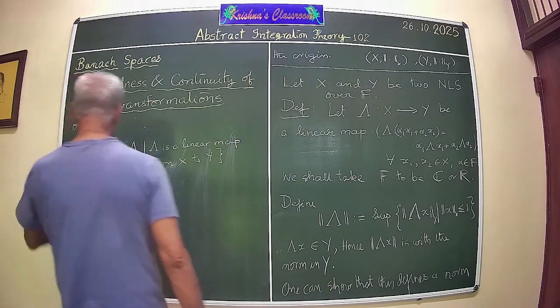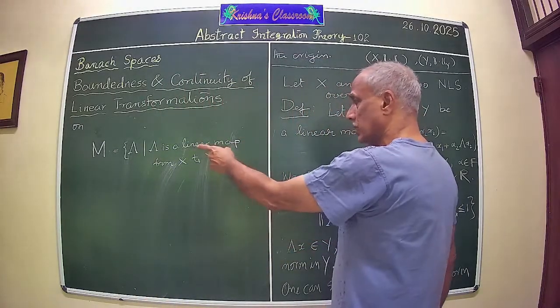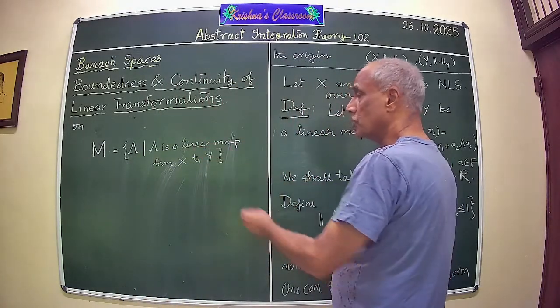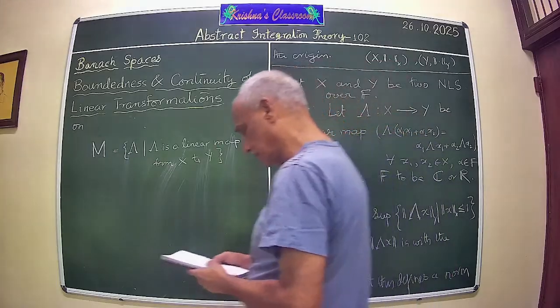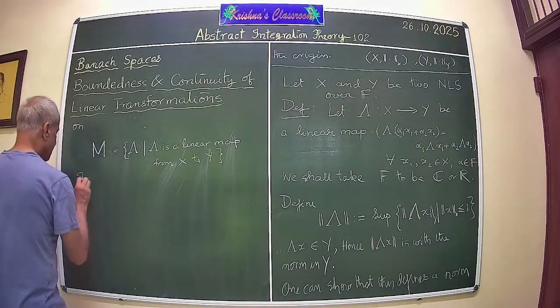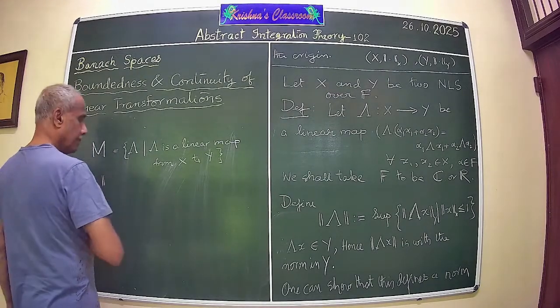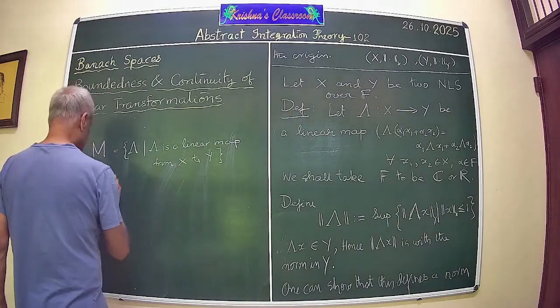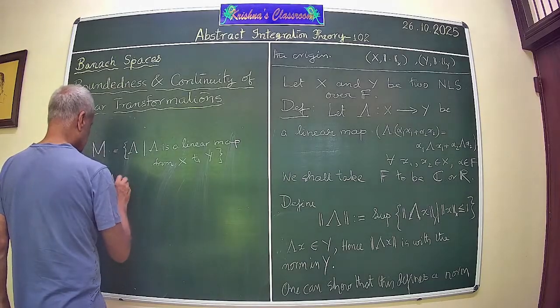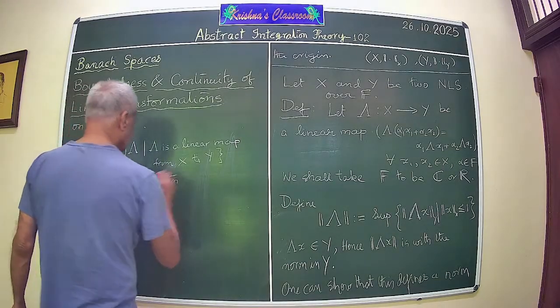So for every element of M, you can define something like this, and in general, this could be unbounded also, right? Now, if the norm